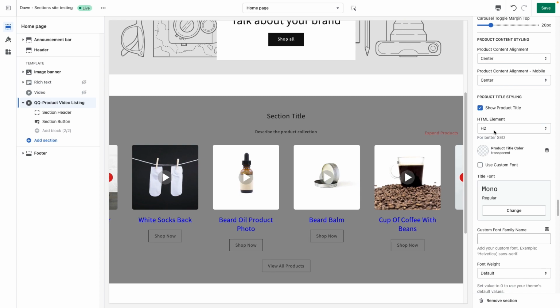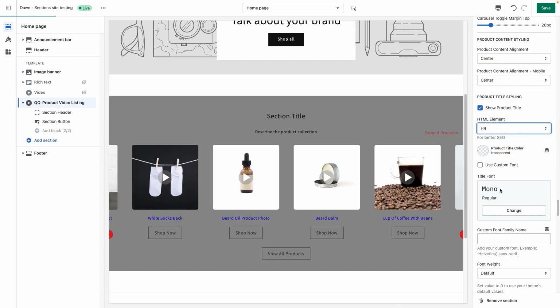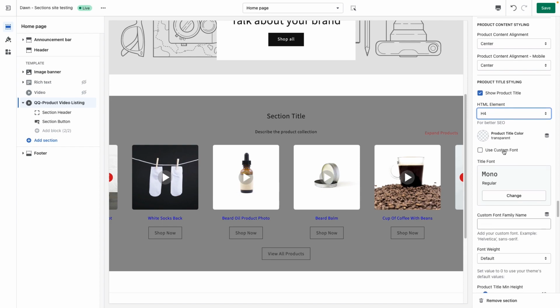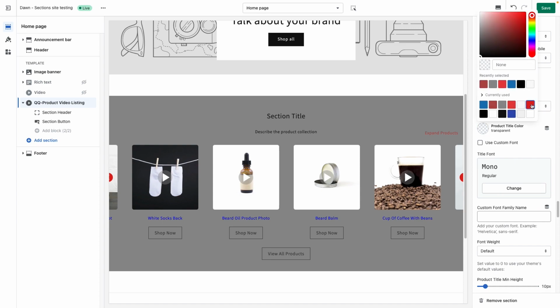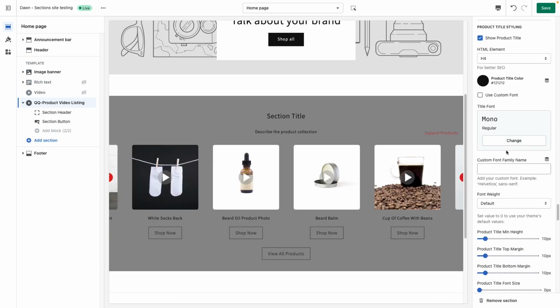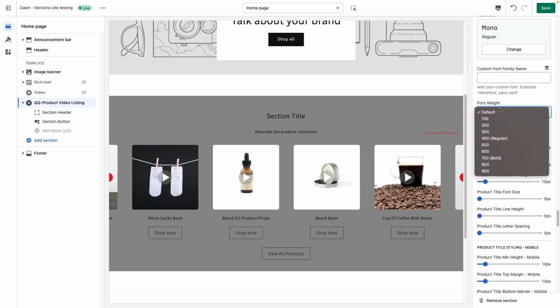The other benefit is that your theme also already has preset styling for these different heading types, so you can just choose that instead of going in and editing the size that you want it to be consistent with other elements of your site. You can just select it here like that. Next, you can also choose the product title color, its font, like we described before, font weight,